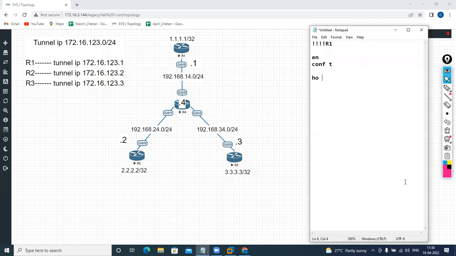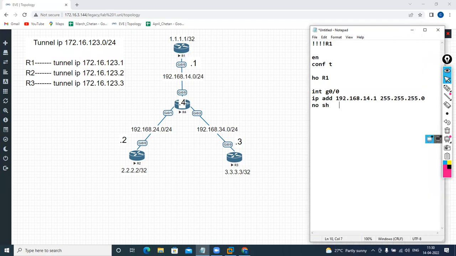Okay. So hostname. So interface 0/0, IP address will be 192.168.14.1/24. Introduce a default route. So today we'll not use default route. We'll use OSPF protocol. So one more key point to remember: never enable the same protocol. So let us consider we are enabling EIGRP. So on the tunnel and on the NBMA, never enable EIGRP. Use different protocols,